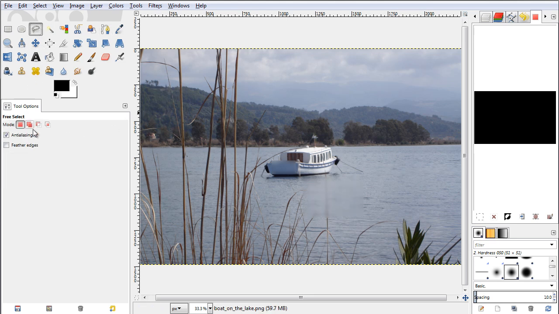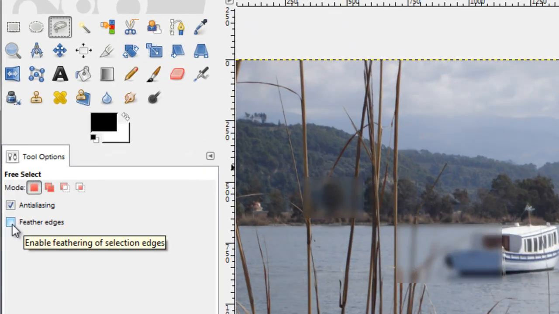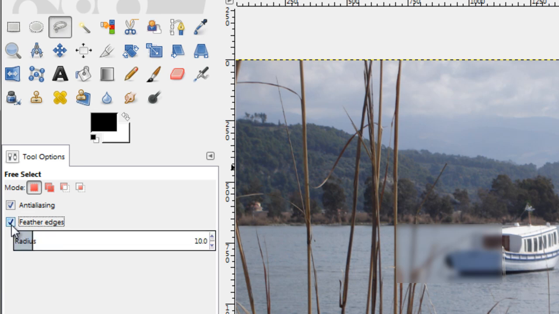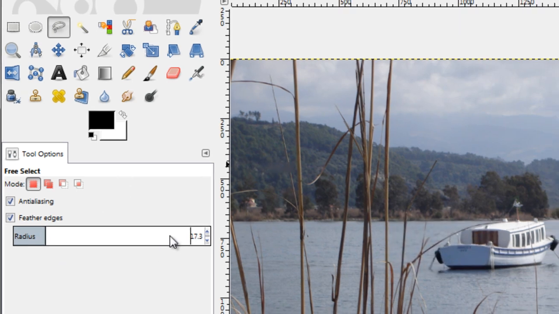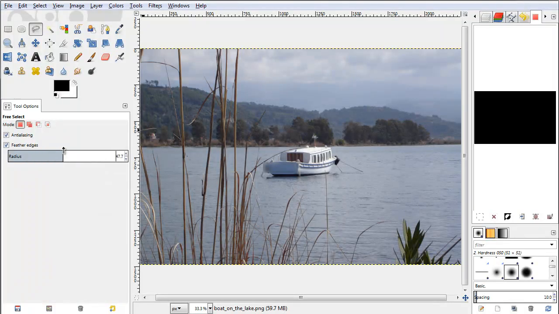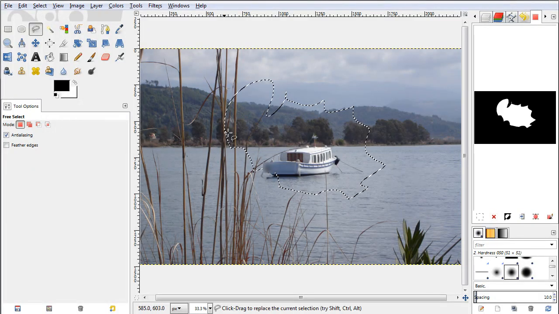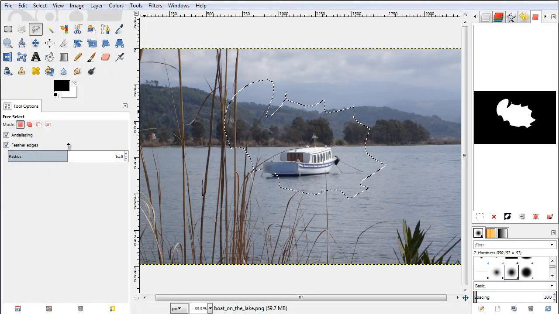All right, now with the free selection tool selected, you have some options, one of them being very important, and you can find it in many other selection tools as well. It's to feather the edges, and you are given an option here for adjusting the radius of the feathering. And what this does is that it smooths out, in a way, the geometry of the selection. For example, if I set this to real low, or even if I disabled it, and I made this kind of jaggy line here, you can see I take just the shape that I have drawn. But if I enabled this and set this to a rather high value, something like so,